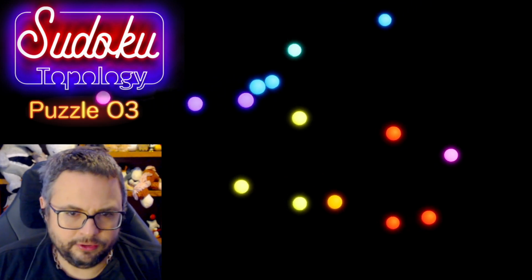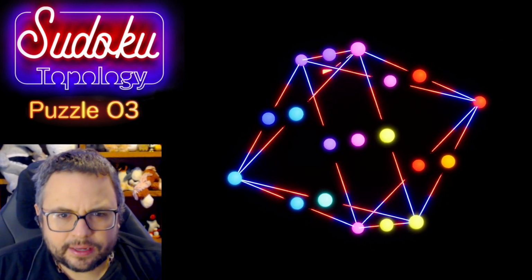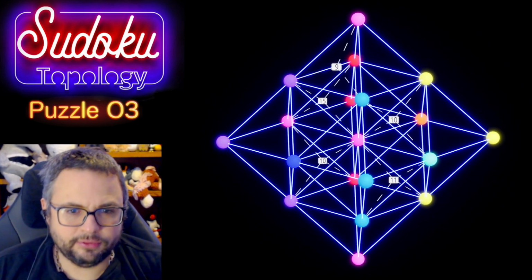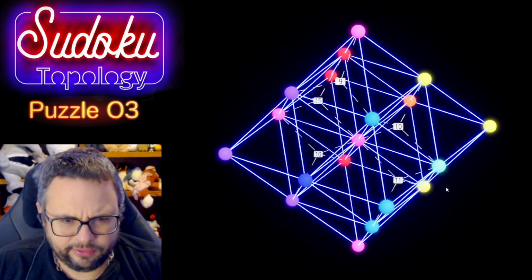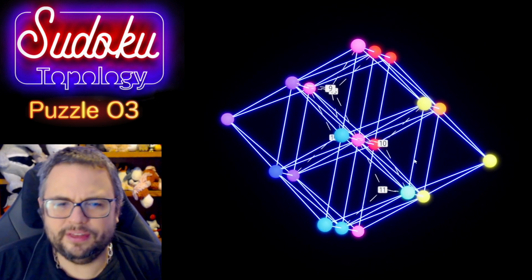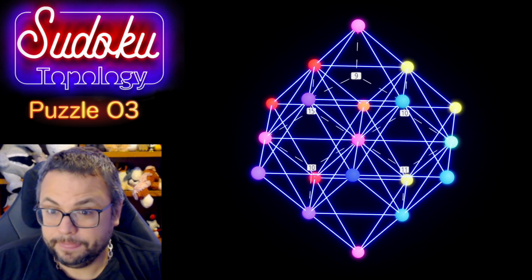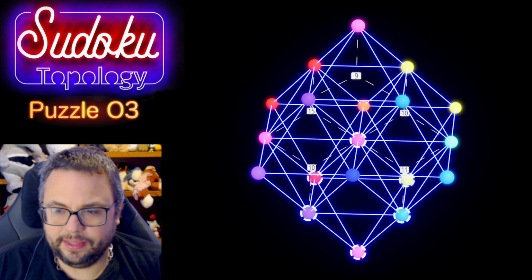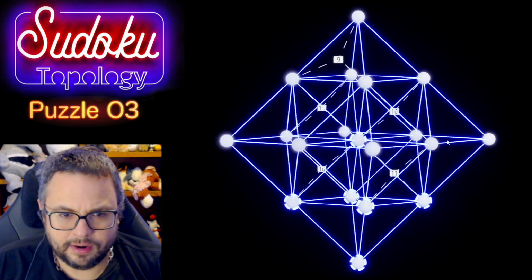Welcome back to Sudoku Topology with puzzle 03, where it looks like we've got a killer puzzle today. I don't think I've done one on this grid before, so let's figure out, the first things to figure out are what are the digits and what are the regions. So the digits are 1 through 6, and the regions, if I highlight them, are, let's see, the